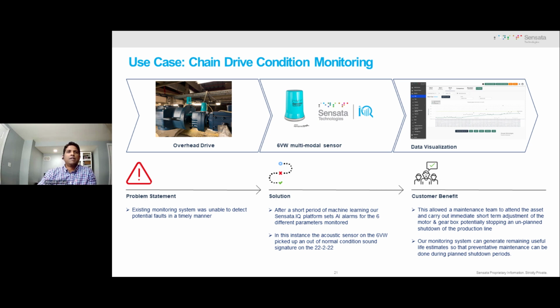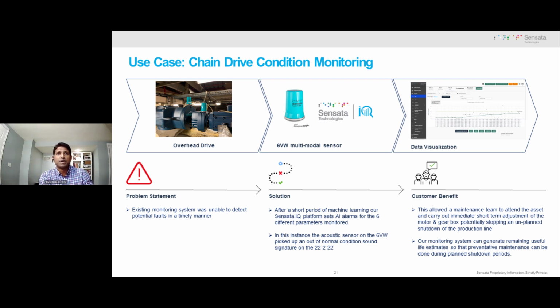So the last case study we will be looking at is one of our customers that manufactures overhead cranes and hoists. The chain drive driven by the motors were constantly failing. Due to the lack of accessibility, it was impossible to perform any type of analysis on the drives while it was in operation. The customer looked at other wireless monitoring solutions,